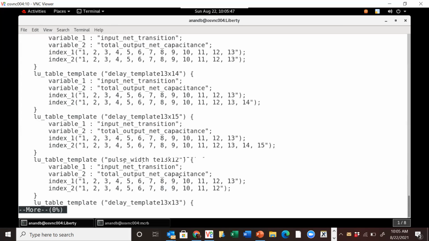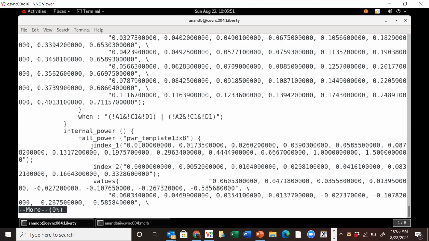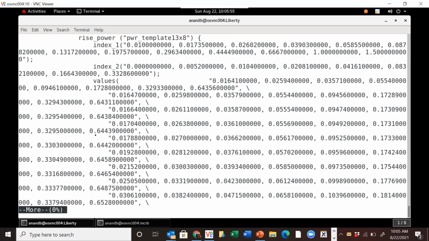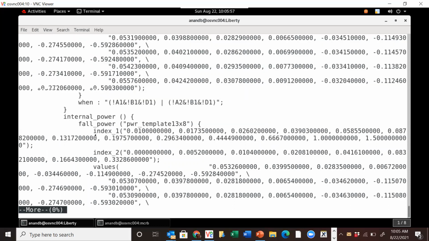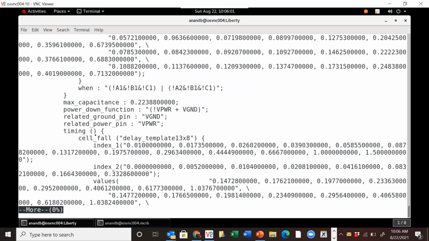And then you have all these lookup tables. You can see there's a lot of characterization data. Let's look at some timing value here. Let's see power numbers. I'm going to try to find, here you go. So cell fall. So the fall transition time. Okay, you can see there are lots of values of the time, and they're organized in the form of a